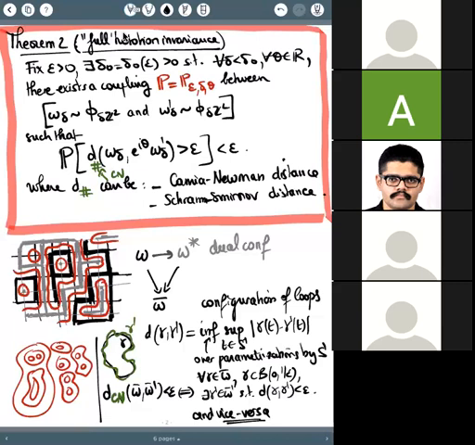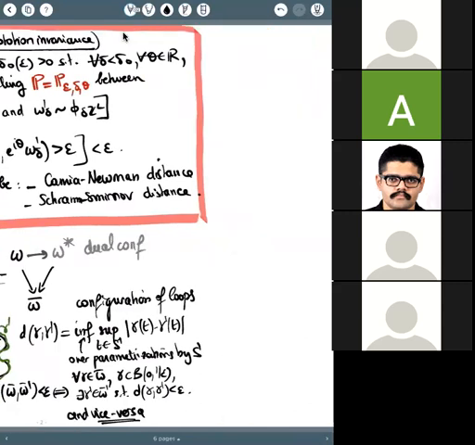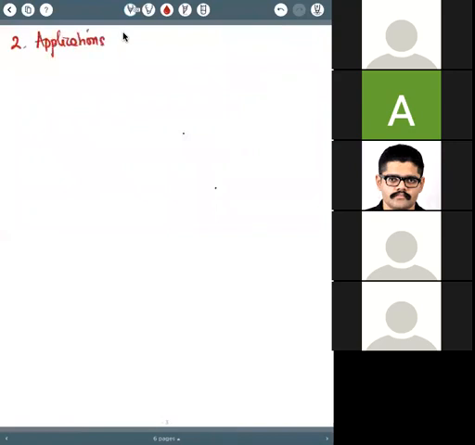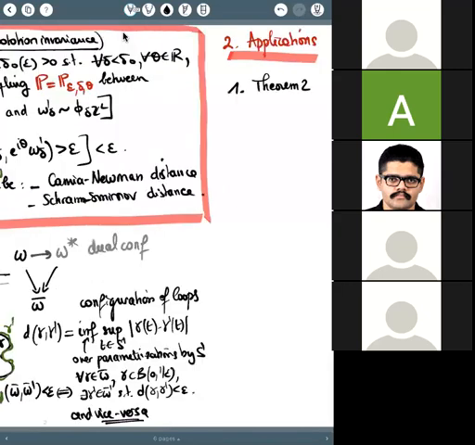Are there other questions? If not, let me tell you a little bit about the applications of this. So maybe it's a second point: applications. Okay, so the first item is that theorem 2. Wait, sorry, can I just ask? So I think I kind of see why theorem 2 implies theorem 1. And is it true that you get this lower bound on the extremal length because of this less than epsilon in the distance?